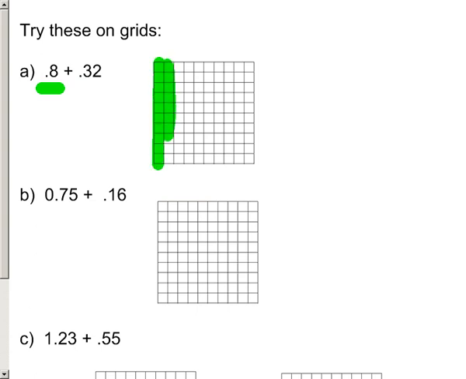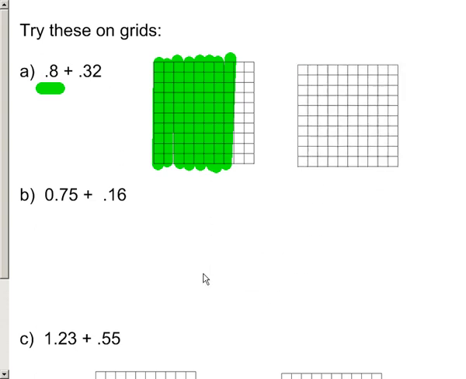So 1, 2, 3, and you can do this with me. 4, 5, 6, 7, and 8. So I start by shading 8/10. And it looks like I'm going to need more than a whole, so I'm just going to borrow this guy